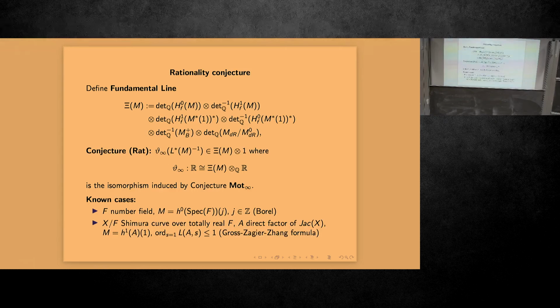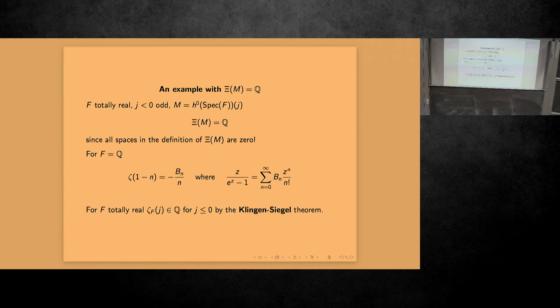And so if all these spaces are zero, psi m is canonically Q. And what that means is, of course, that the zeta value is a rational number. And that sometimes happens. I mean, it's extremely rare, but it happens for a totally real field and negative J. For example,